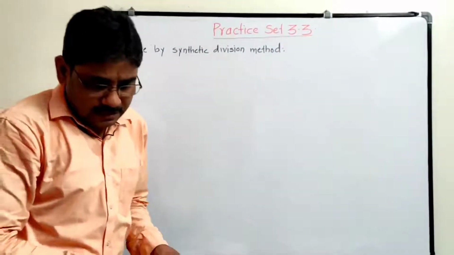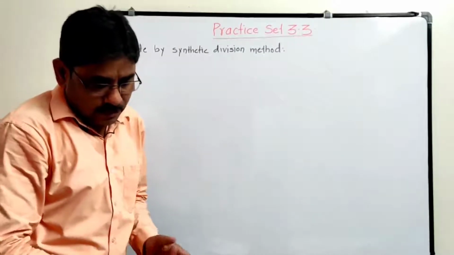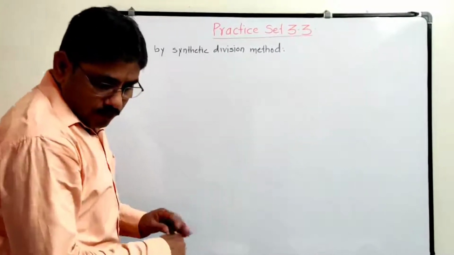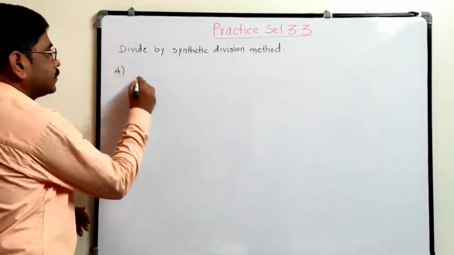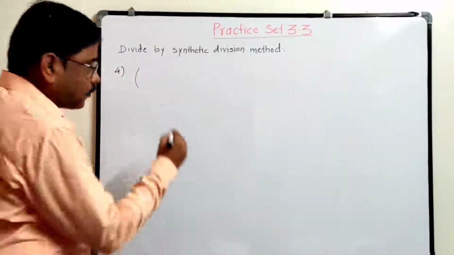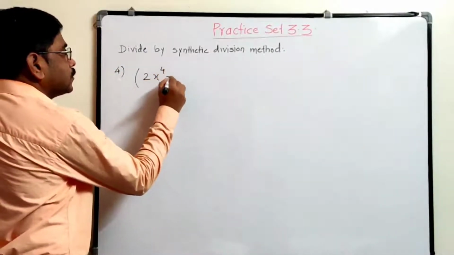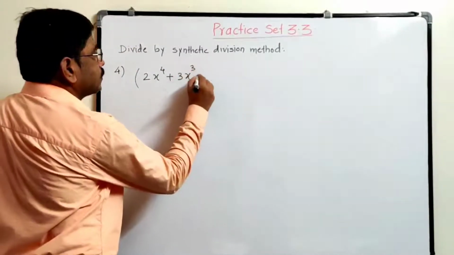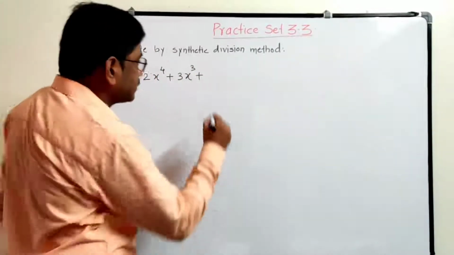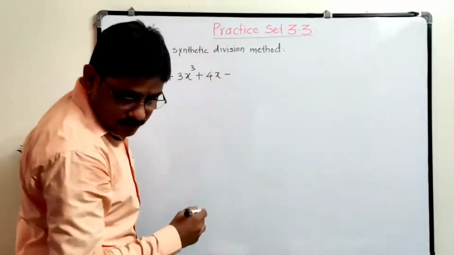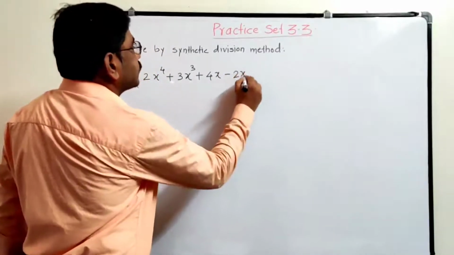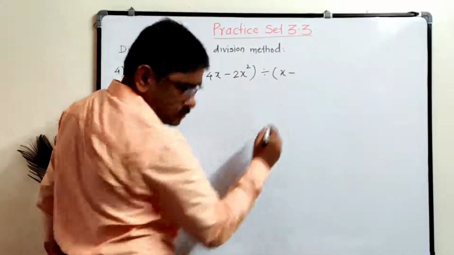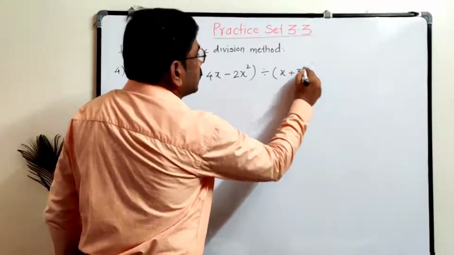Now let us see the last sum from this practice set, because the 5th and 6th are omitted, deleted from your syllabus. So the 4th sum is 2x raised to 4 plus 3x cube plus 4x minus 2x square divided by x plus 3. So write this